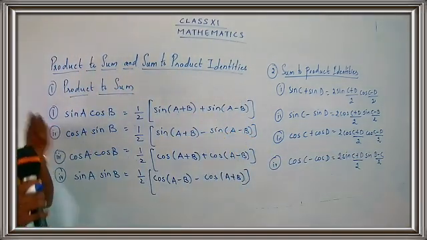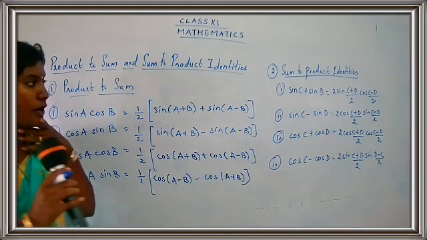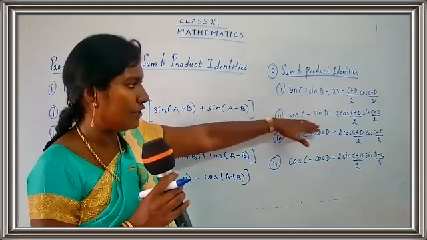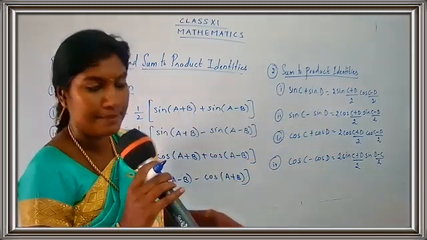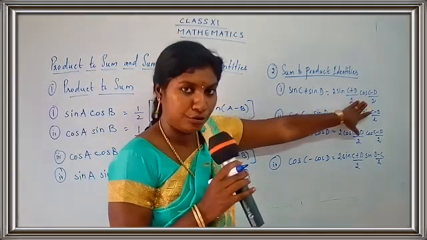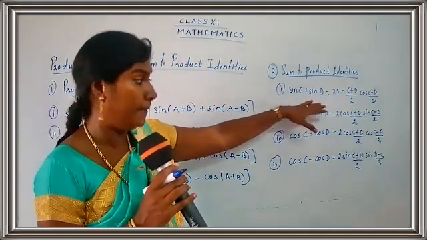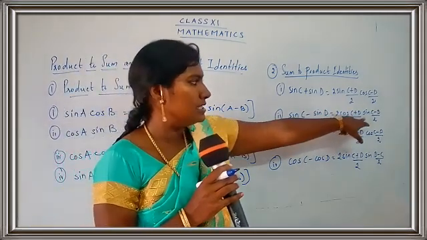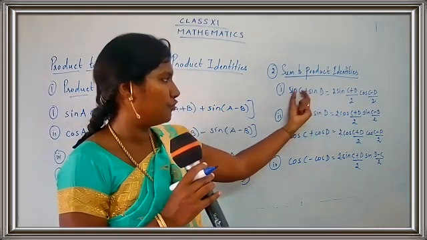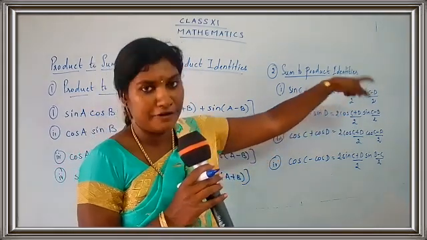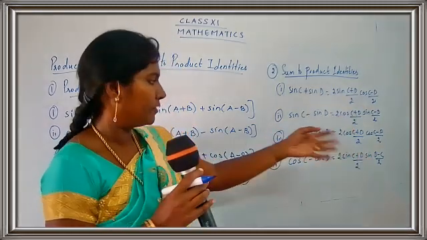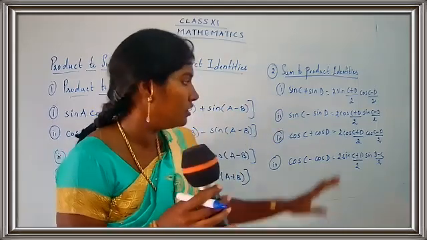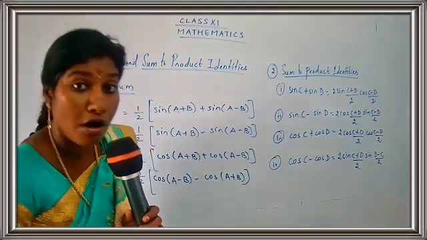So let's go through the formula once again. What is the formula for sum to product? When you have sin C plus sin D, you are using both the functions. So you have 2 sin C plus D by 2 cos C minus D by 2. Then sin C minus sin D means it's 2 cos C plus D by 2 sin C minus D by 2. Just interchanging them. For sin C plus sin D, we started with sin and went for cos. Now here it's cos and sin. Now cos C plus cos D, you have to use only the cos function. You get 2 cos C plus D by 2 cos C minus D by 2.